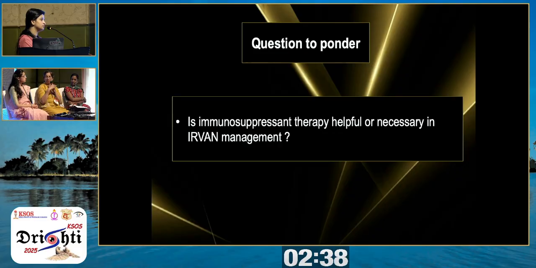And some of them might just need oral steroids. If that's not working, you add a conventional antimetabolite. But we have a couple of patients who have actually needed biologicals, injection adalimumab, with really good results. So it depends on whether there is an active inflammation which is not controlled. So not all cases need conventional immunosuppressive therapy. And if there's no active inflammation, you don't need to treat it with immunosuppression.